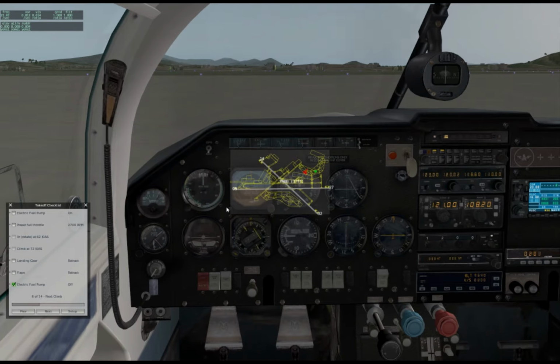Since this has not been rehearsed, it's completely live. I am unfamiliar with this airport. We'll try our best here. Okay, so